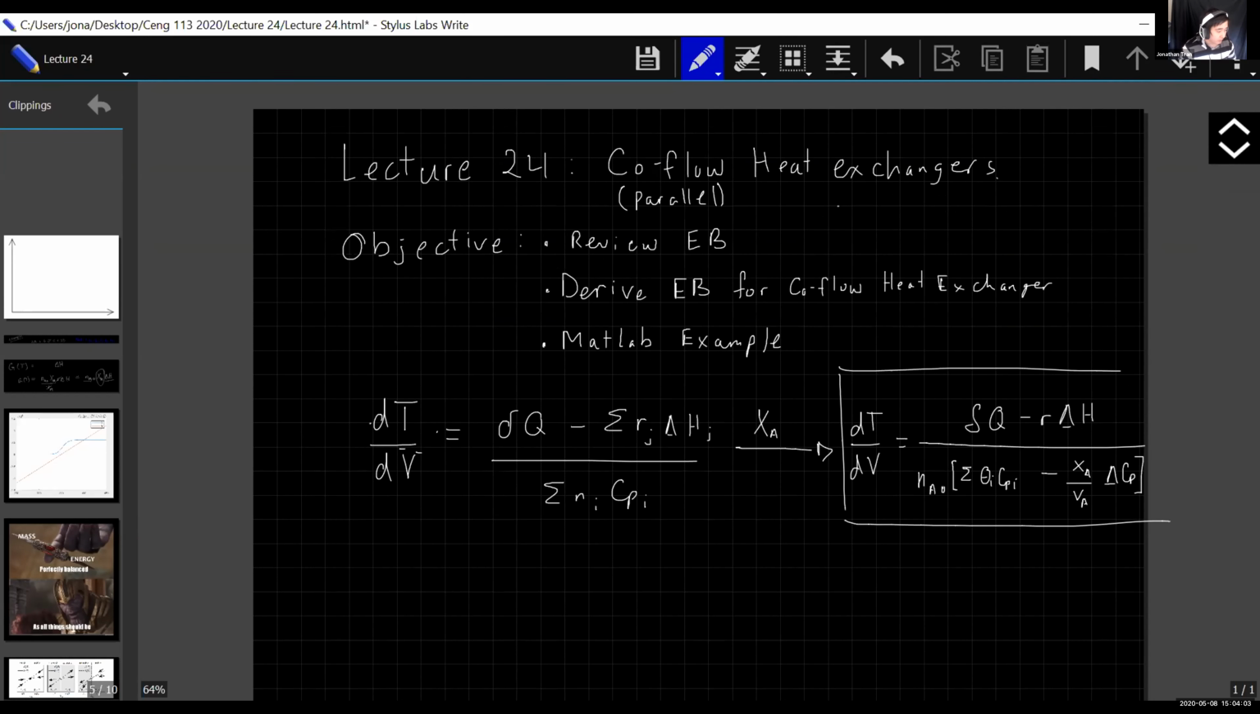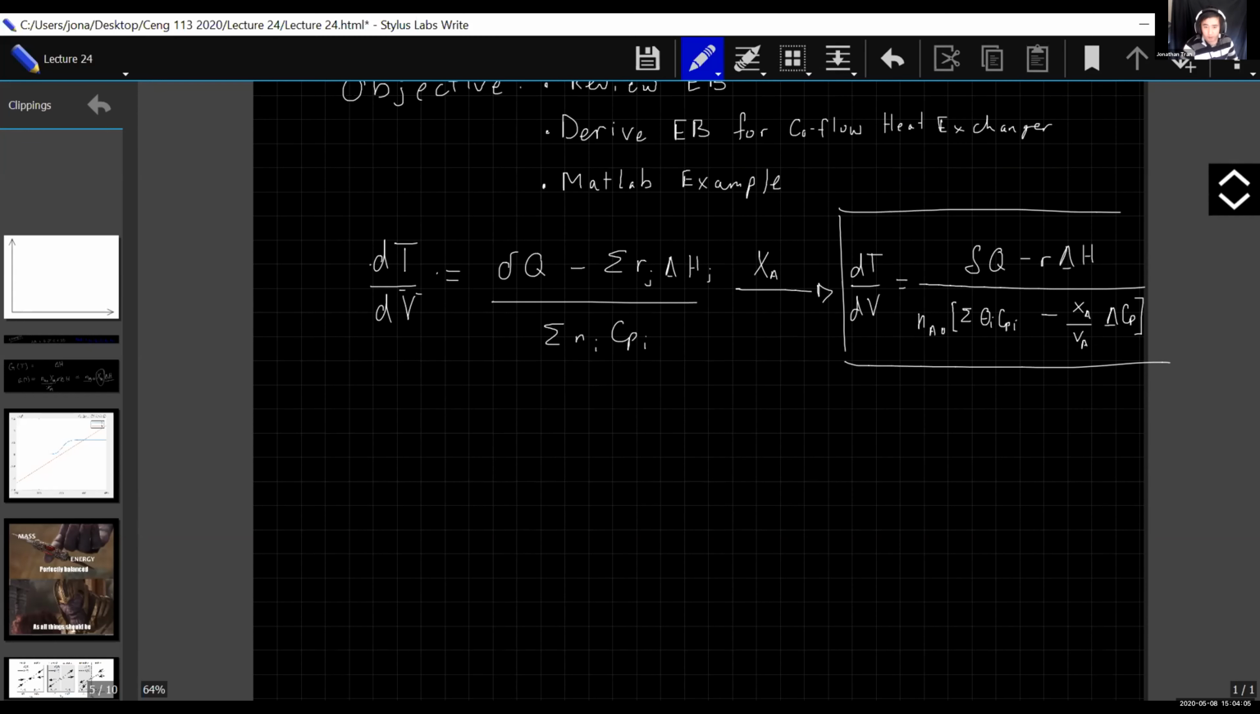So as far as co-flow heat exchangers, you probably already know from previous explanations what a heat exchanger looks like. But there's a couple different types that we're going to be discussing in this class. There's a co-flow heat exchanger and a counter-flow heat exchanger. Today we're going to be talking about the co-flow heat exchanger, and as you're probably aware, the general form of a heat exchanger is that, at least in the case of a PFR,